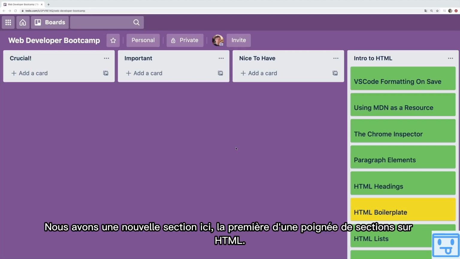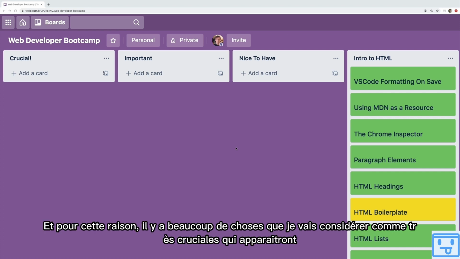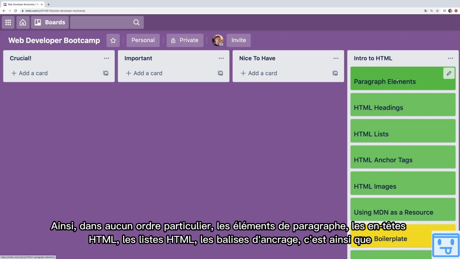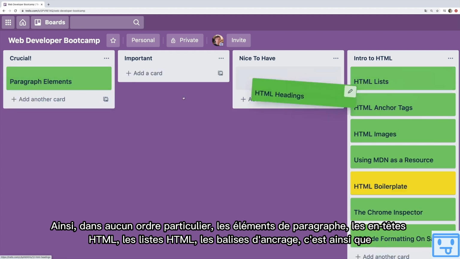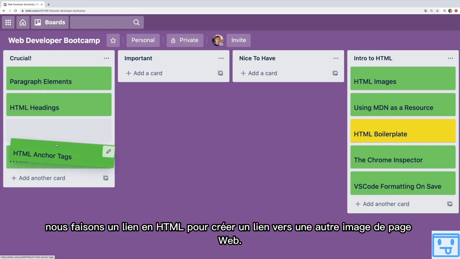Welcome back, everyone. We've got a new section here, our first of a handful of sections on HTML. So in this section, we're going to go over the very basics, and for that reason, there's a lot of stuff that I'm going to consider very crucial that will pop up throughout the rest of the course. So in no particular order, paragraph elements, HTML headings, HTML lists, anchor tags, which is how we make a link